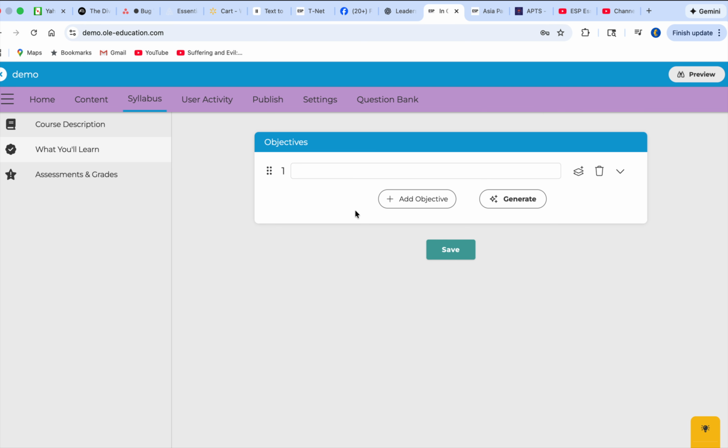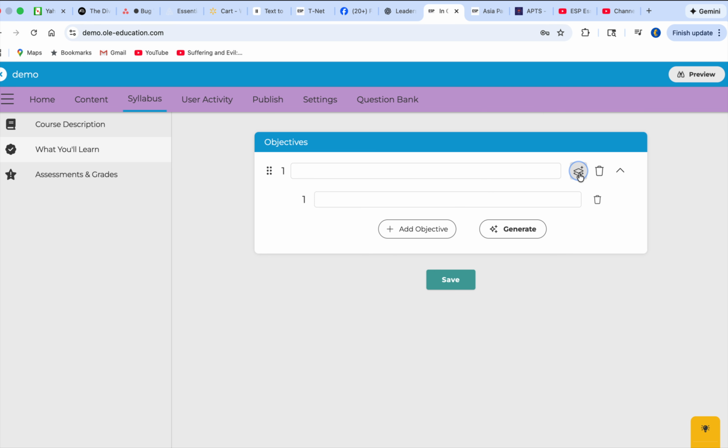Now, what you can add here, as you can see, is you've got these objectives, and then you have this ability to add sub-objectives. So these are ones which are tied to the objectives. So this might be objective 1. I'm just going to put something here. And I'm going to show you some things, and this is the sub-objective